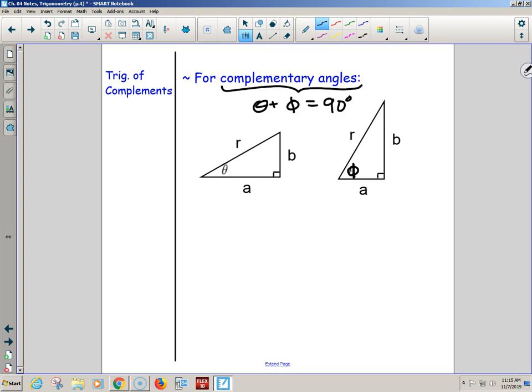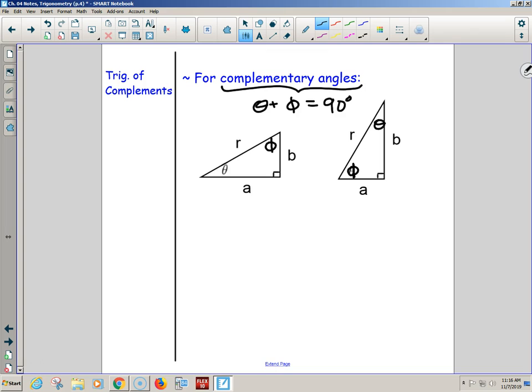But there is something about their trig ratios. Because if you guys notice, if this is theta, why am I able to label this as theta too? How does that have to be true from geometry? Because it's next to B and R. Yeah, but the B, R, and A all actually came as a result of this being able to be theta. So why was that able to be theta? And why does this have to be phi? Oh, because it's 90? Yeah, this is a 90 degree or a right triangle, which means three angles of a triangle add up to be? Ooh, geometry. Yeah, 180. Three angles of a triangle add up to be 180.